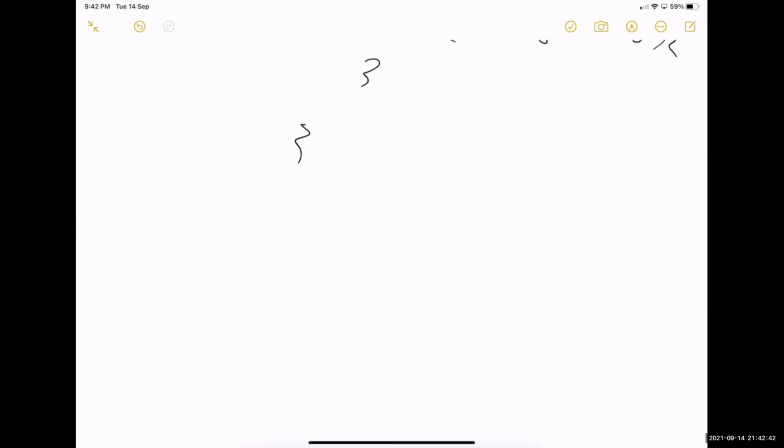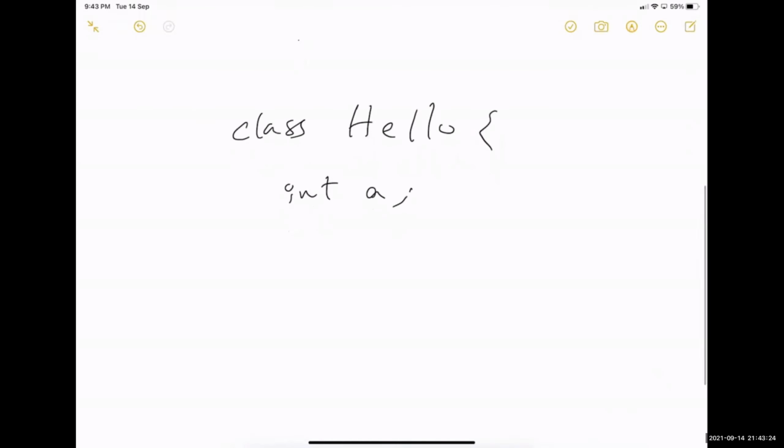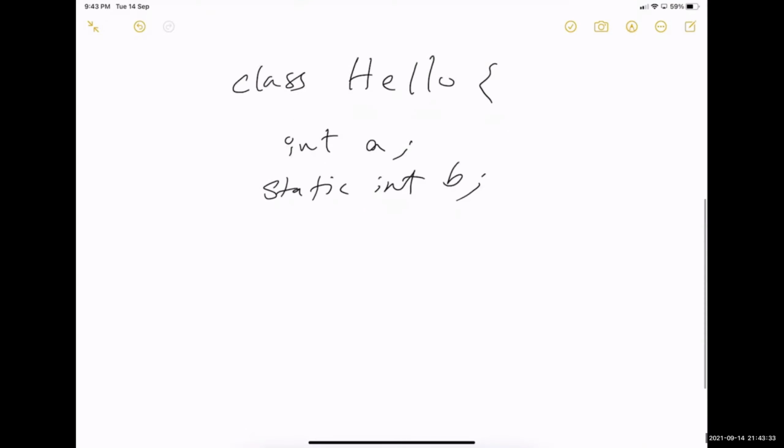So now I will have another class. Let us call it Hello itself. It has a variable int a. It has another variable static int b. It has a method public static void m1, and inside that we can print something.